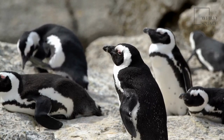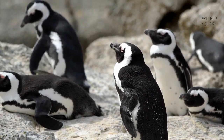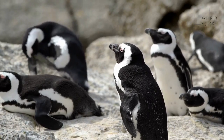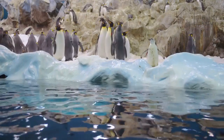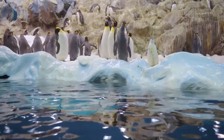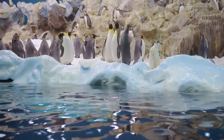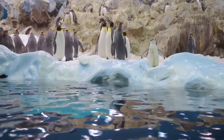Female emperor penguins then leave for the open ocean, where they forage for food for 2 whole months, leaving the males to look after the eggs during the winter months. Temperatures can reach -60 degrees centigrade, and with winds of up to 100 miles per hour, the male emperor penguins huddle together for warmth, alternating between the outskirts and the middle to ensure all members of the colony get to